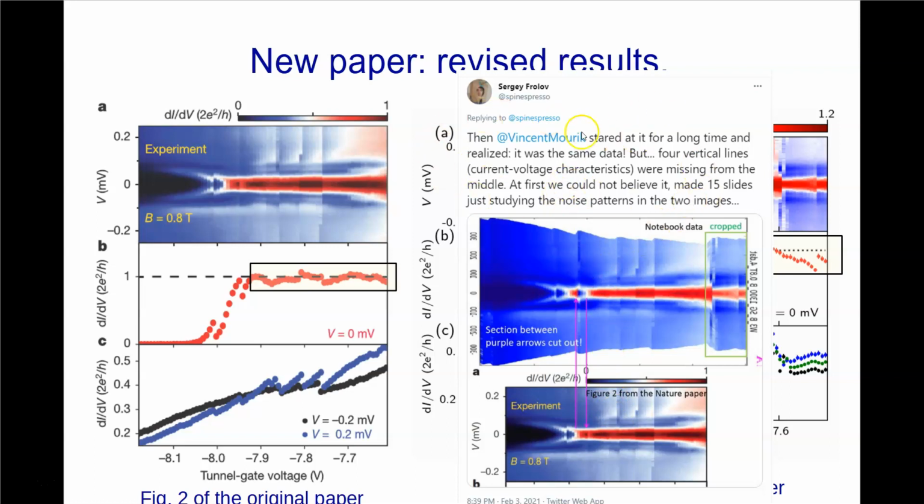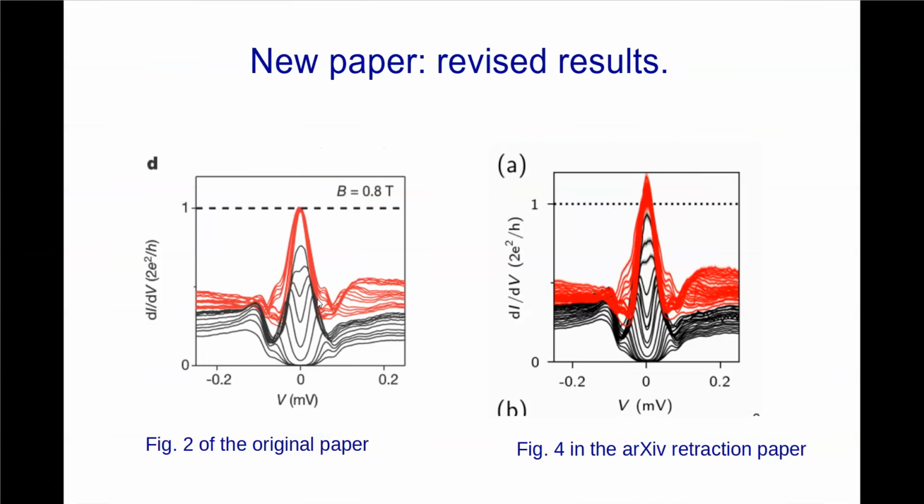So yeah, they also pointed this out on Twitter, actually his Twitter account, and it's surprising how much of this discussion is going on at Twitter. I'll give you another example of this a little bit later. Okay, so another example. This is the conductance as a function of bias voltage